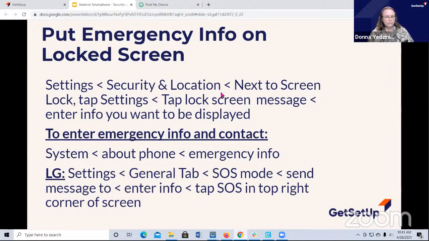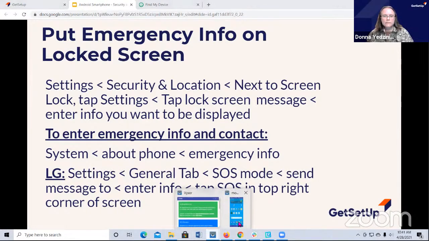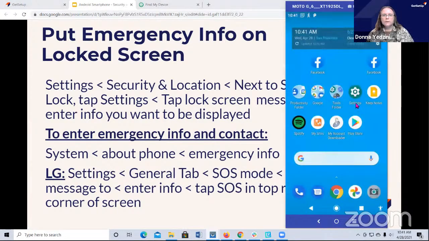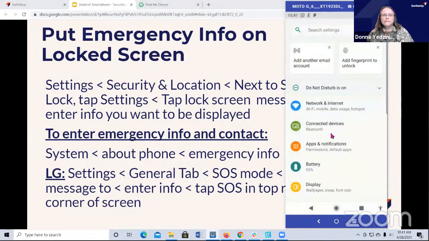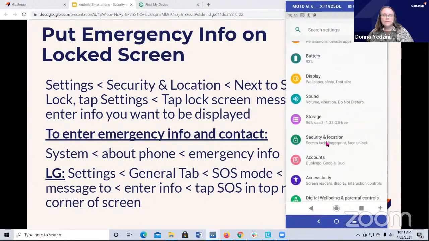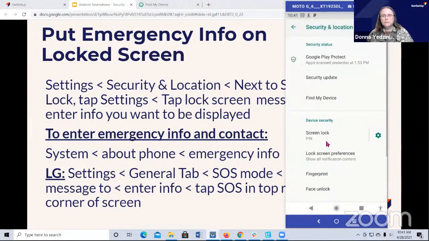Okay, and I'll show you real quick again on my phone, so you'll see what that looks like. I'm going to go under settings. I'm going to go to my security and location. And then right next to screen lock, you have a settings button. It's another little gear. The gears always mean settings. So if I tap on this settings button,